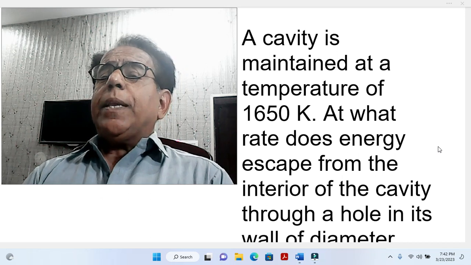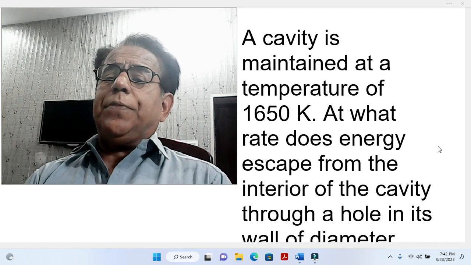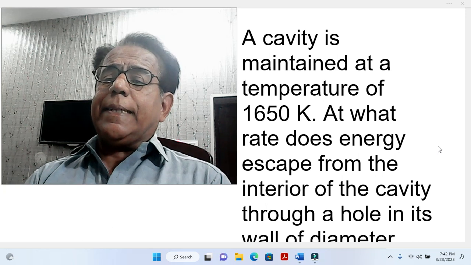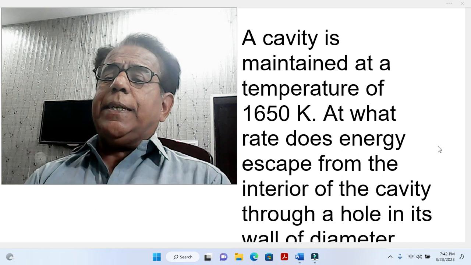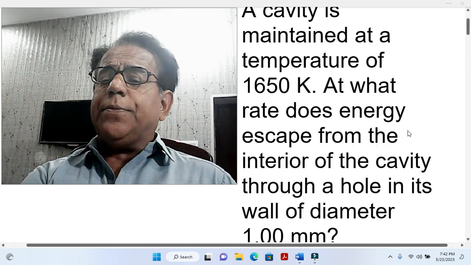A cavity is maintained at a temperature of 1650 Kelvin. At what rate does energy escape from the interior of the cavity through a hole in its wall